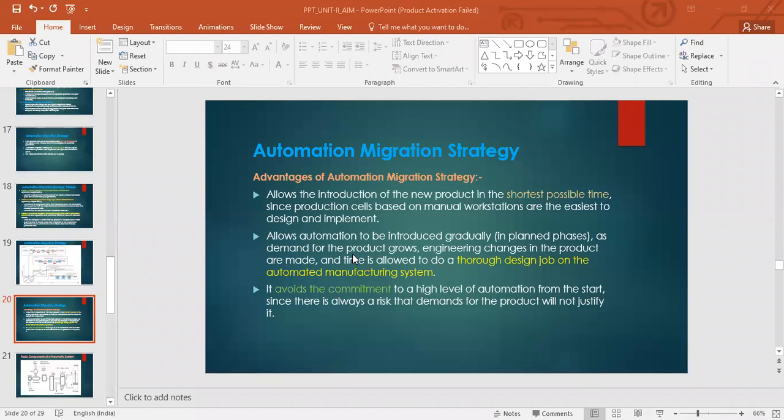If for example we had gone for direct automation in the first phase itself, and after 6 months you find there are some changes in the product design that you have to do because the customer needs some modifications, addition of some features, but you cannot do it because your automated production line is not accommodating those changes. You're not able to do that. So that becomes a problem now. You see, what I'm talking about is fixed automation. So if you have done fixed automation right in